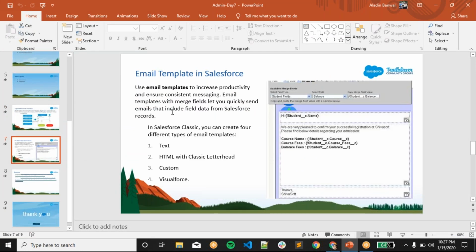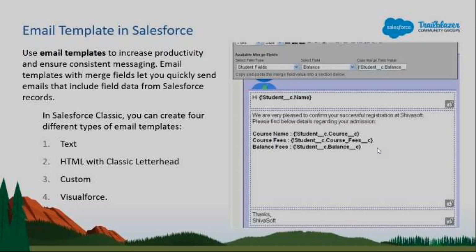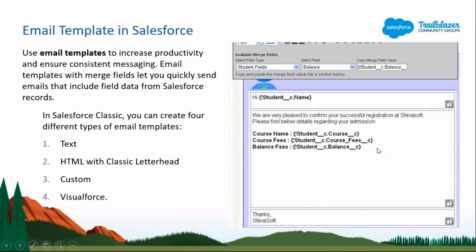And next, email template. So an email template is nothing but a template we can create, where we can reference fields. From Salesforce we can reference any field. If you want to reference any kind of field from any object, you can refer to that particular field in your email template, and you can display the value of that particular field in your email template.